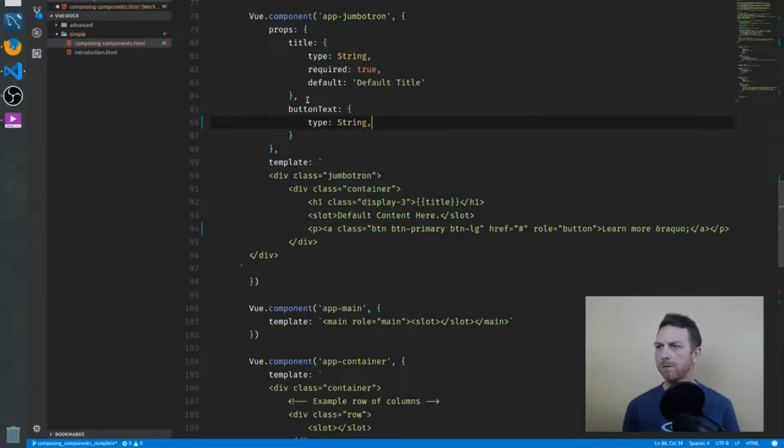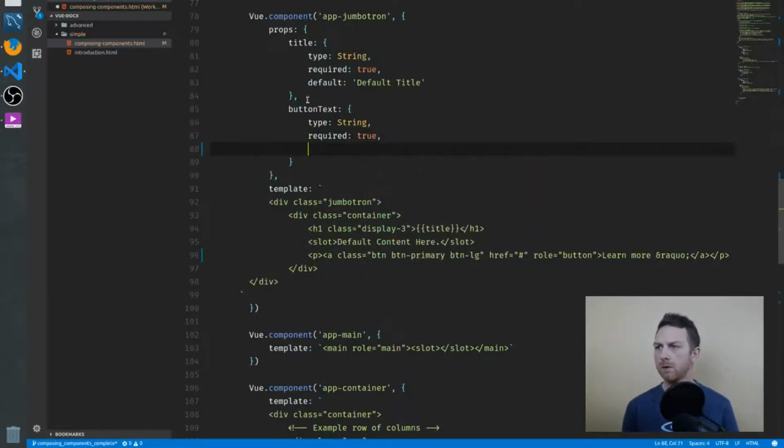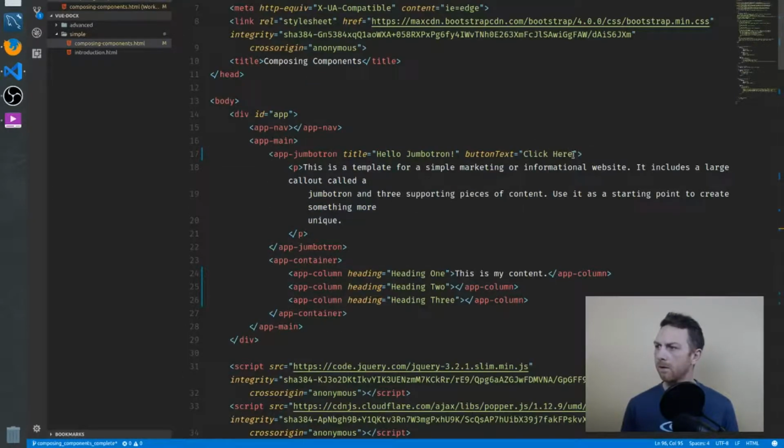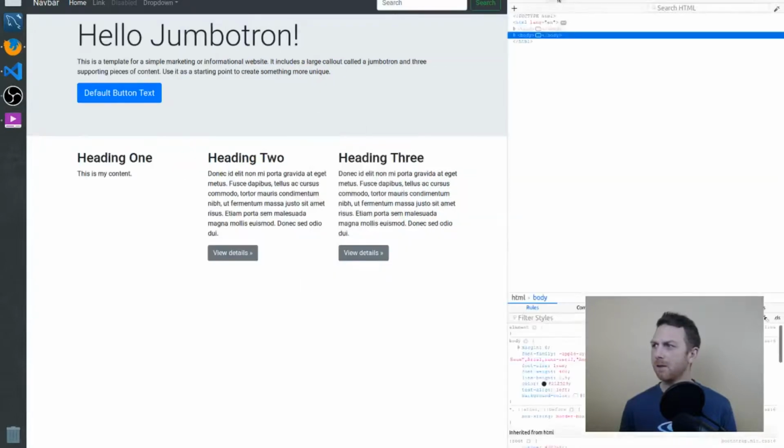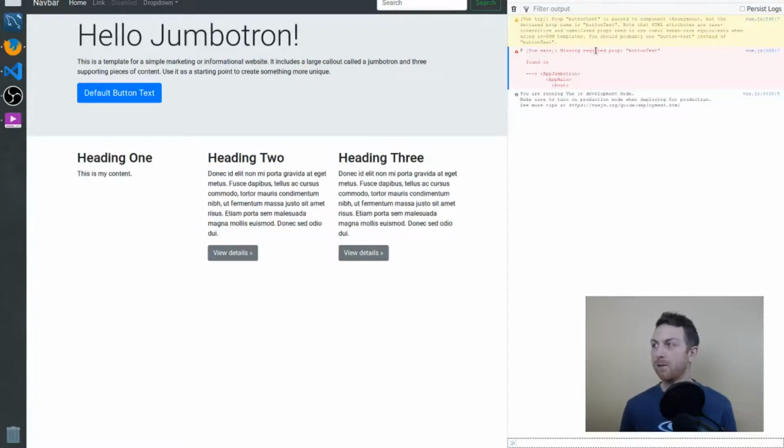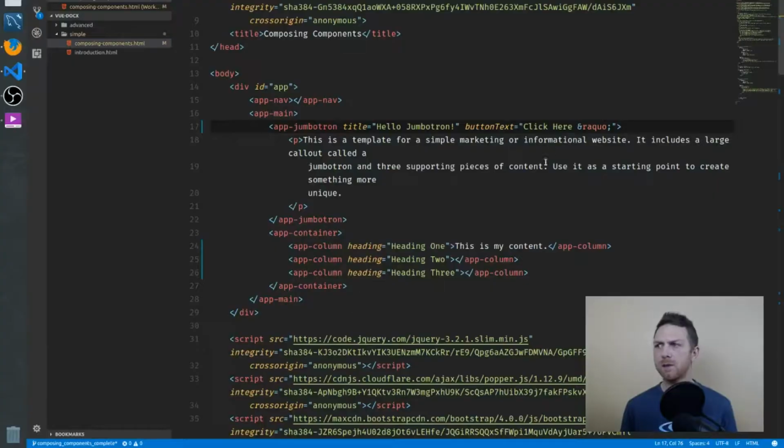Type string, required true, default button text. And then down here in our template, of course, button text. There we go. And you'll see here when we refresh this that it will not work. So I'll go back here, I'll refresh, and we have our default button text. Let's see what's going on. In our console, yep, we have an error, missing required prop button text,